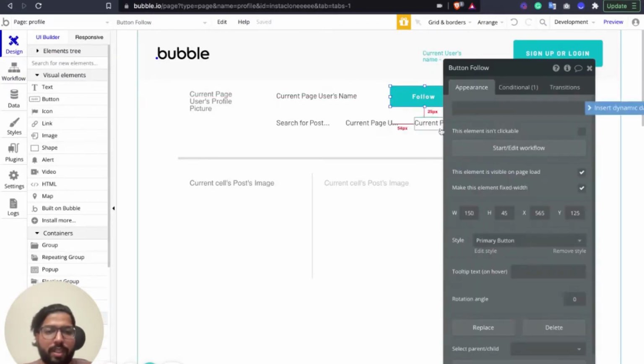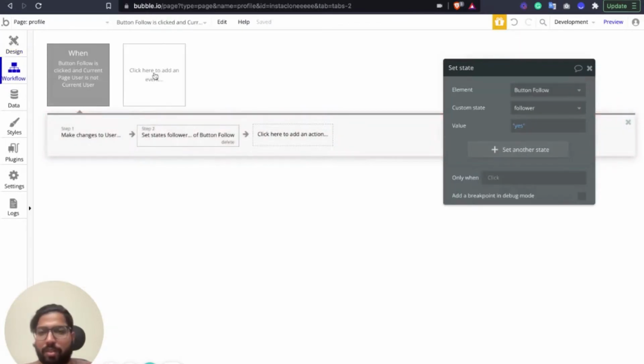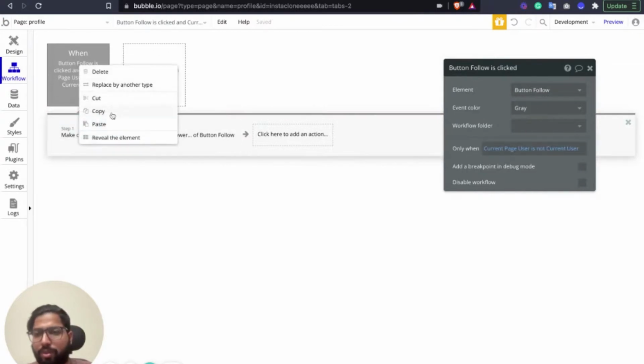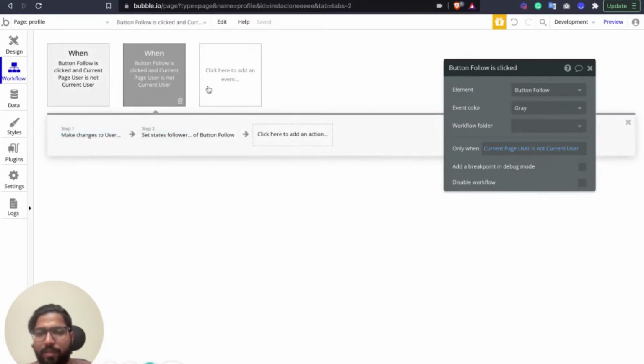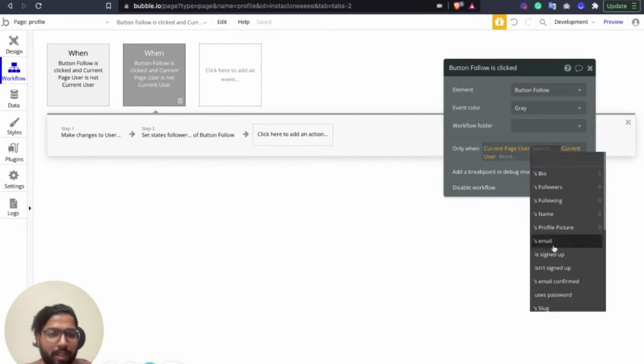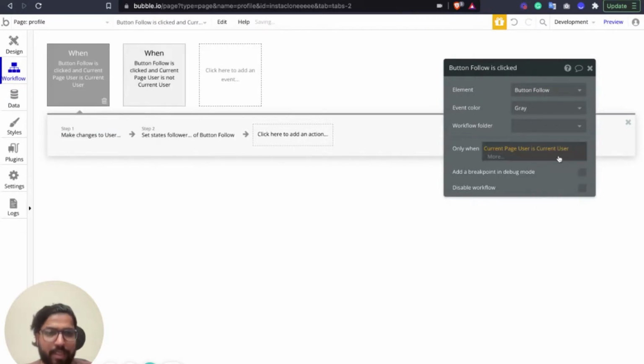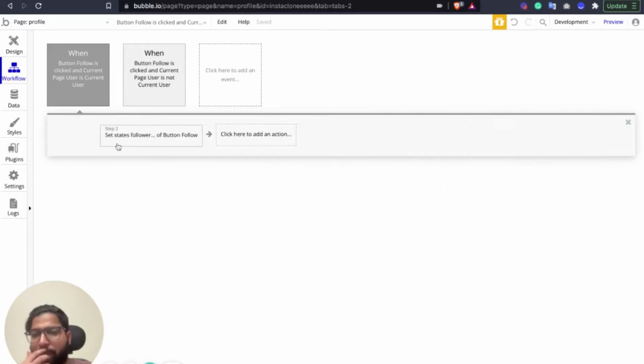We're going to trigger another workflow. We're just going to copy, paste it, and in this one we're going to say, when the current page user is current user, we don't need it to act as a follower button.